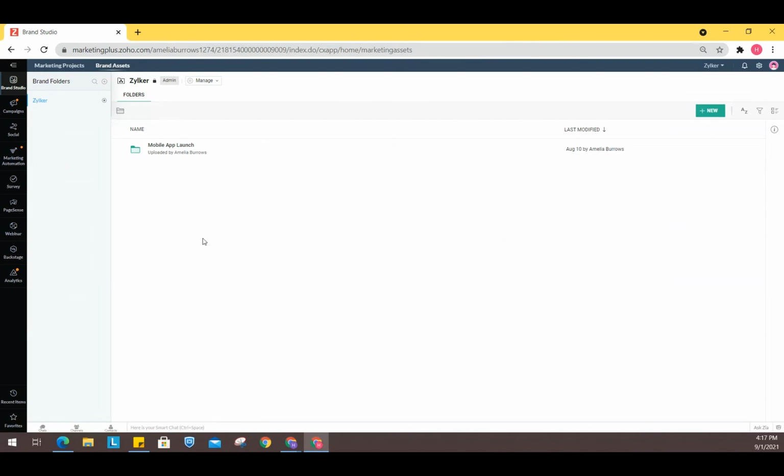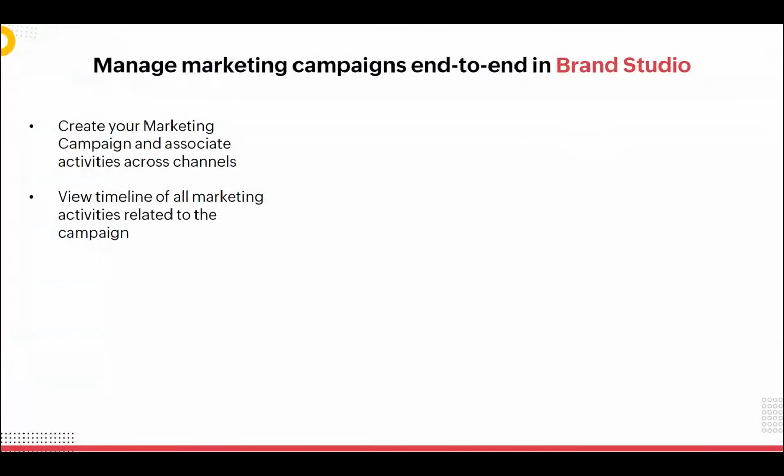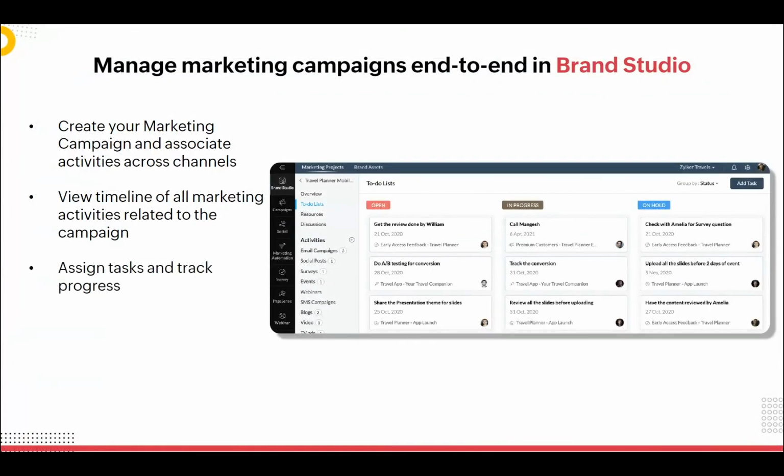So when a brand is created in your organization, a folder is created in brand assets that would let you manage all the resources related to the new brand, such as videos or documents, etc. And you can also assign tasks and track them.